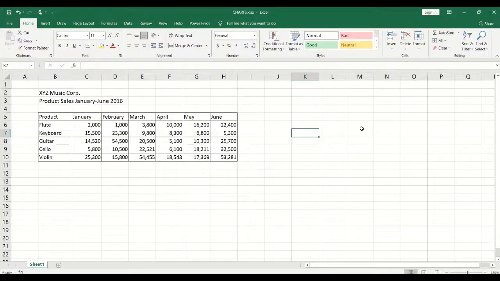Hi, we're going to talk about how to get started with charts in Excel. So to start creating charts in Excel, of course, we need our data in a spreadsheet, and we have this data in Sheet 1,